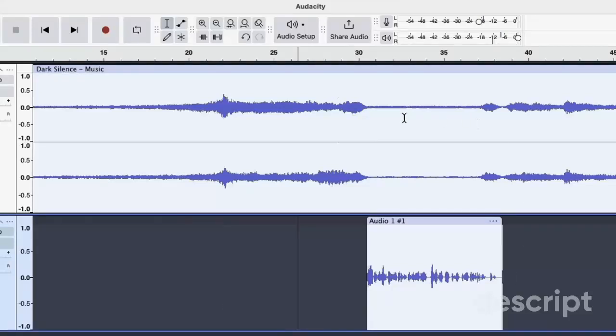It automatically detects where speech is. This is why I moved the music above the speech. Automatically detects where speech is, and it drops your levels accordingly. So if I was to preview this,